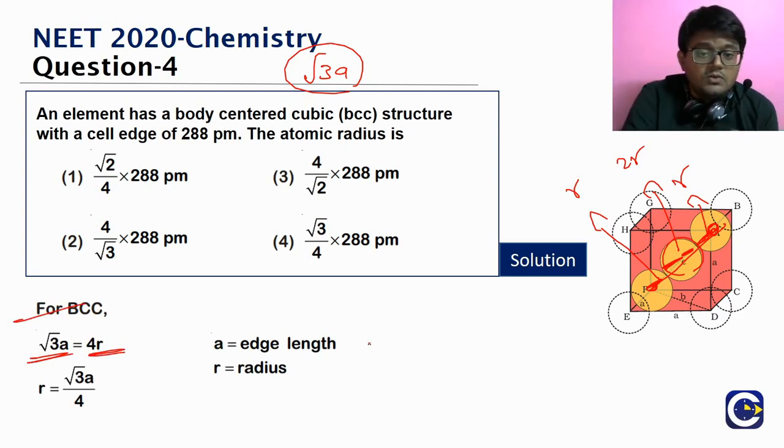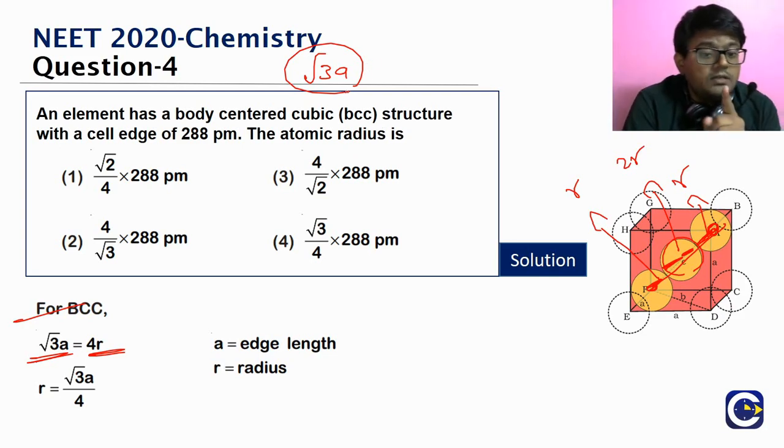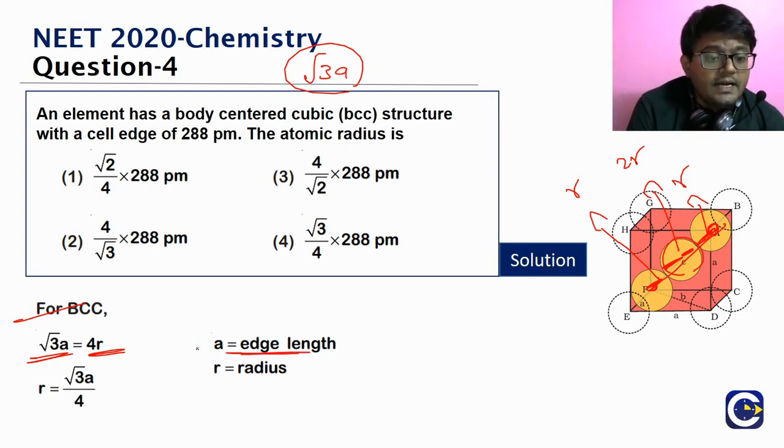Because along the body diagonal, the corner atom, the atom at the body center and the other corner atom, all three will be touching each other. So the total length, which is the body diagonal length, root 3 into a, where a is the edge length, will be equal to 4 times R. We are able to see it from the visualization. What is the relation we have? The R value, because that's what we are supposed to find. R is the radius of the atom. So root 3a is equal to 4R, means R will be equal to